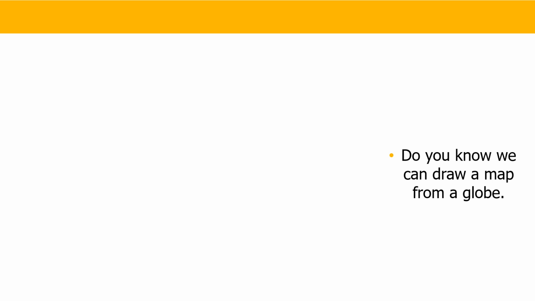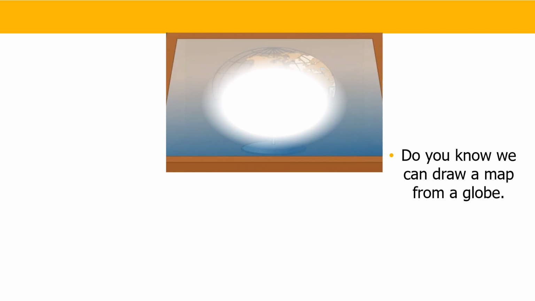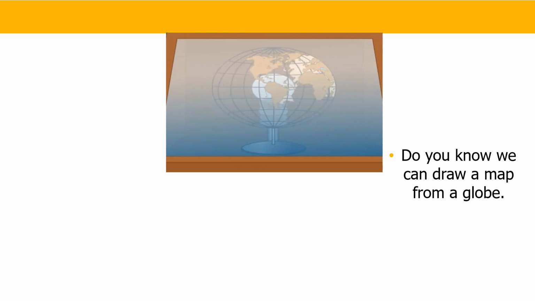Now, do you know we can draw a map from a globe? Yes, we can draw a map from a globe. How to draw that? Now, what is the first process that you have to do? First, prepare a wire globe using some kinds of instruments. Just prepare a globe having these lines using some wire or any strings, and using that you can draw as many rounds like bangles. You can join many bangles together. All these are nothing but a wire globe.